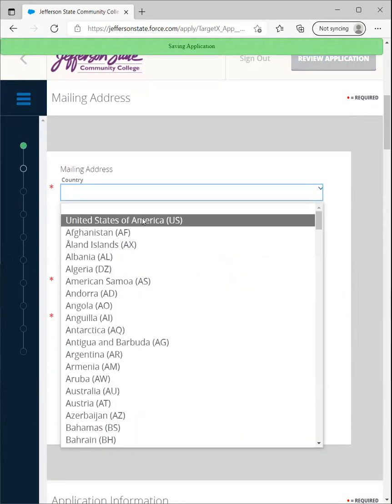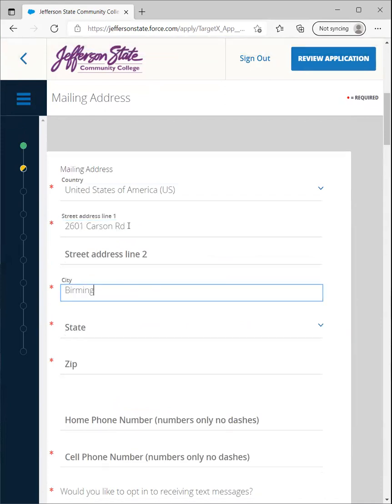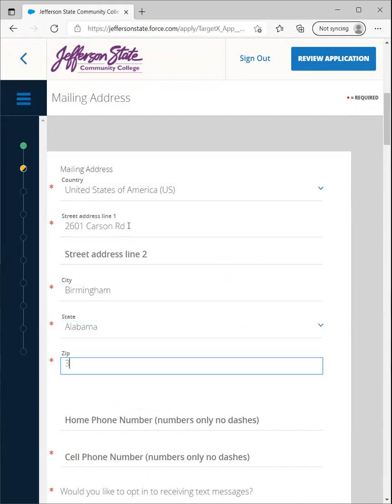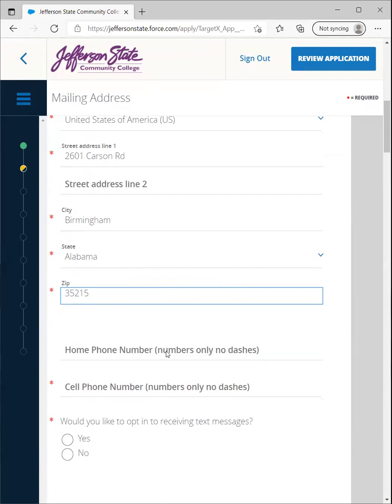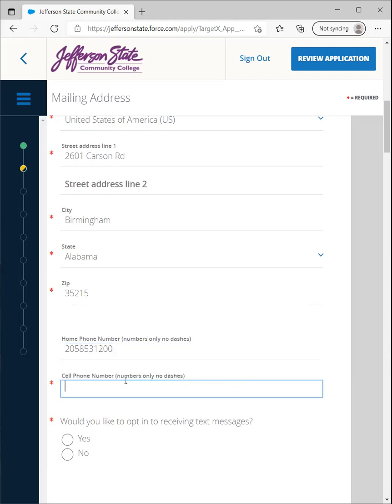I'm in the United States of America. Address is 2601 Carson Road, Birmingham, Alabama, 35215. Now this is important, numbers only, no dashes. So my home phone number is going to be 205-853-1200. If you want to list both your number and a parent's number, if you are a high school student